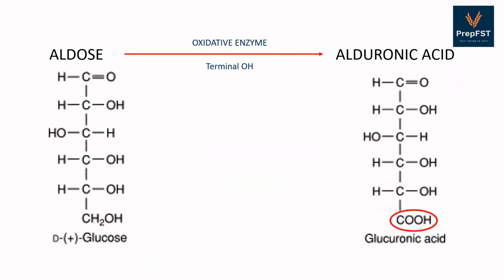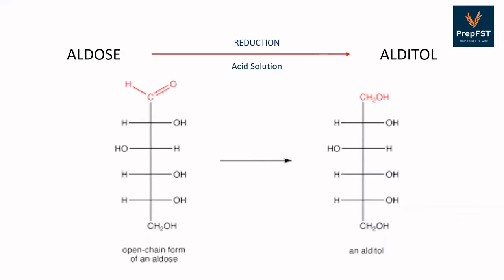Thirdly, when aldose undergoes oxidation under an oxidative enzyme, then the terminal hydroxide is oxidized and there is a formation of aldouronic acid as shown in the reaction below. And lastly, when aldose undergoes reduction in an acid solution, then there is a formation of alditol as shown in